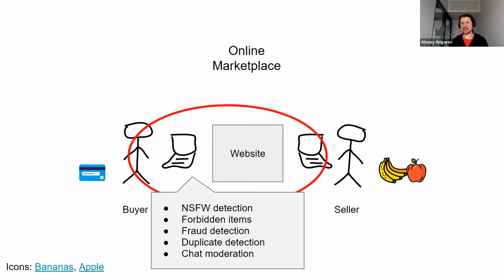So sometimes sellers post some pornographic images, some explicit content that we want to remove, or some items that shouldn't be sold on the platform, like weapons or drugs or medicine, or in some cases, for example, things that are related to smoking. In many cases, this is prohibited and it should not go live on the platform, right? So in these cases, we want to detect these things and remove them from the platform before anyone sees that. This is quite an important area: how can we make these transactions between sellers and buyers safe?